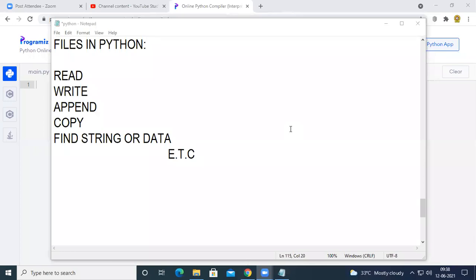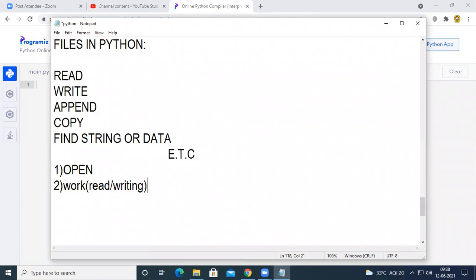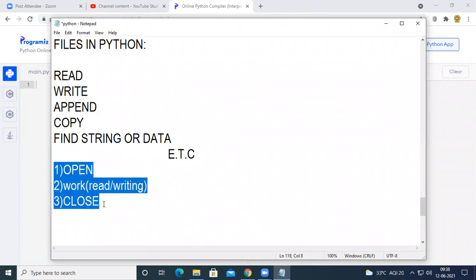There are 3 steps in order to work with files. First, we need to open a file, and the second is that we need to complete our work on the file. It may be reading or writing, whatever it may be. After working with the file is completed, we have to close that file. These 3 steps we need to perform in any program.